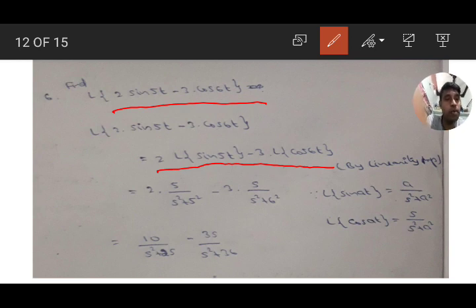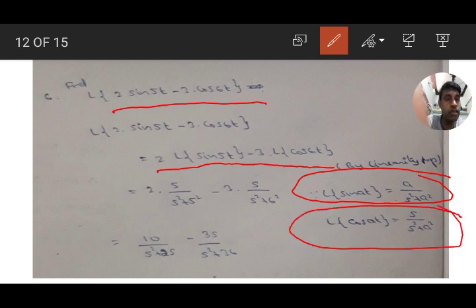We need the formulas: L of sin at is a by s square plus a square, and L of cos at is s by s square plus a square. In sin at, a equal to 5, in cos at, a equal to 6. By substituting, we get 2 into 5 by s square plus 5 square minus 3 into s by s square plus 6 square. By simplification, we get 10 by s square plus 25 minus 3s by s square plus 36. Okay,